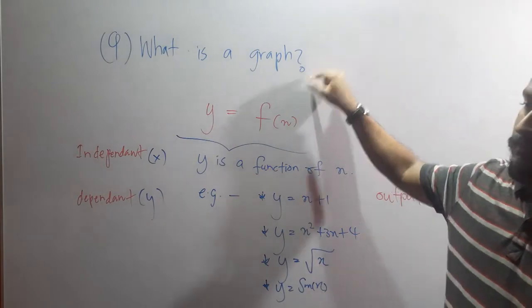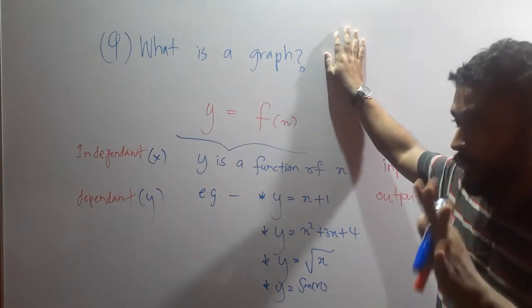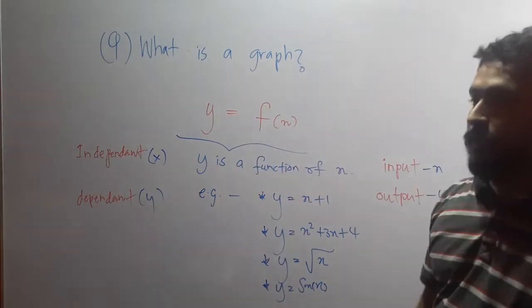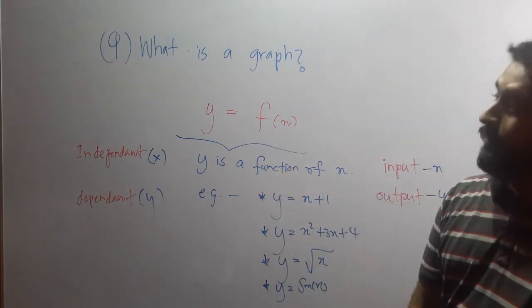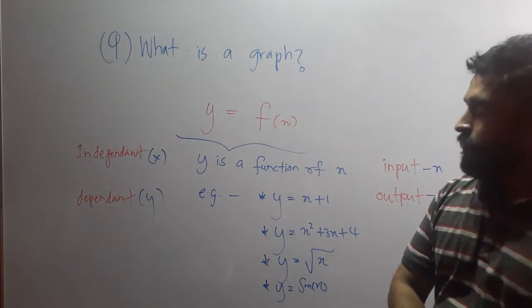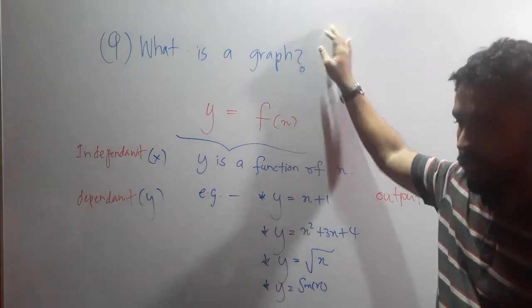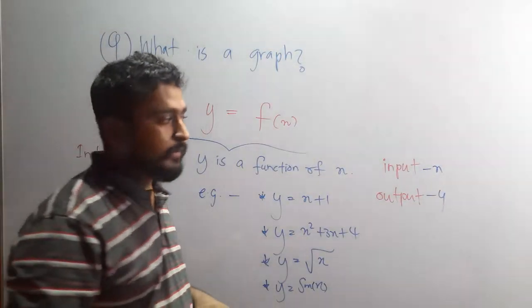What is a graph? Now I am going to give you the note, the ordered note for the first stage. What is a graph? Capital Q. It is like a topic, subtopic, but it is in the mode of question. What is a graph? Right. Write down the note. Start writing down the note.